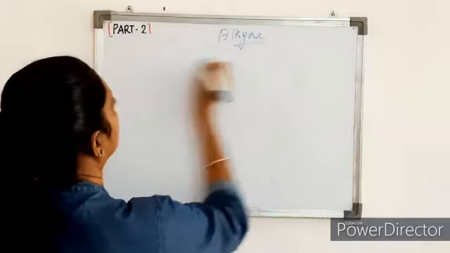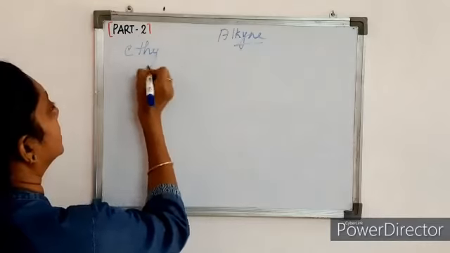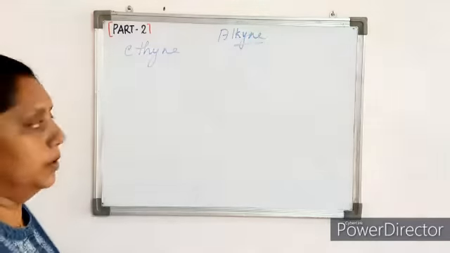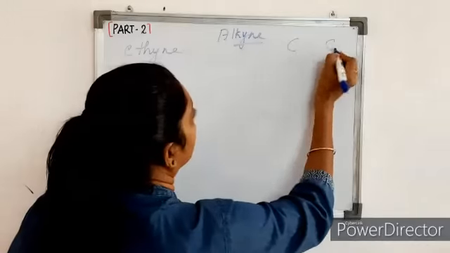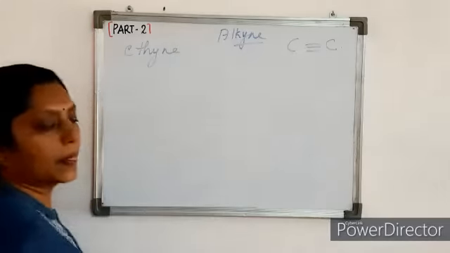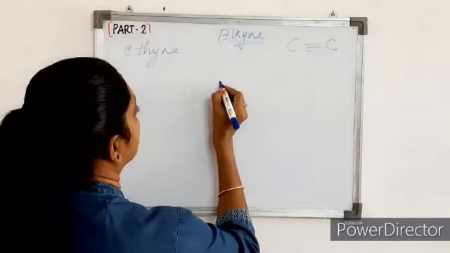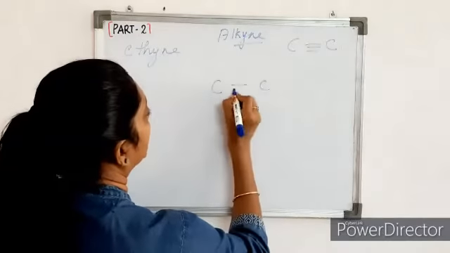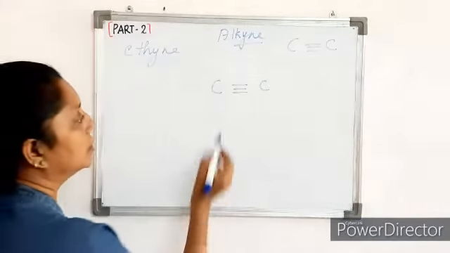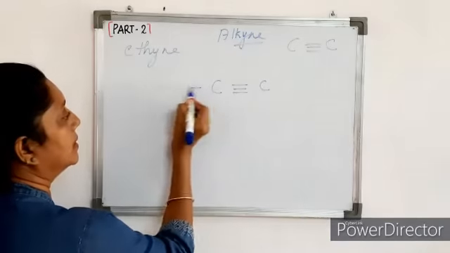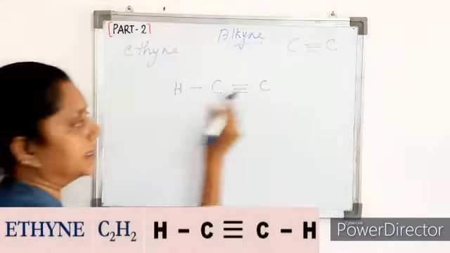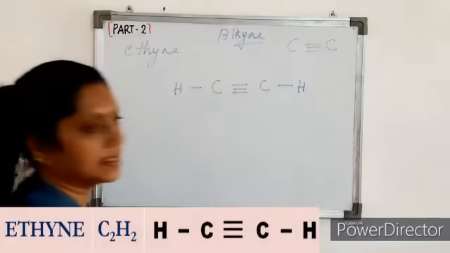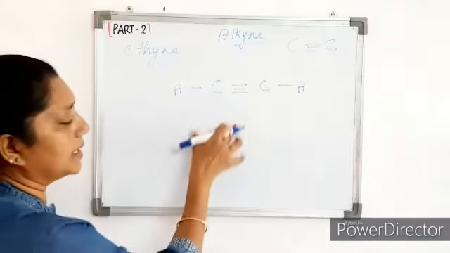Okay. Next molecule is alkyne. Of the alkyne family, the first member is ethyne. Ethyne molecule means 2 carbon atoms having a triple bond. You can draw the structure like this: 2 carbon atoms, a triple bond is here. So 3 valencies are satisfied. The next valency is with a hydrogen atom, and here also valency with a hydrogen atom. So the valencies are complete.